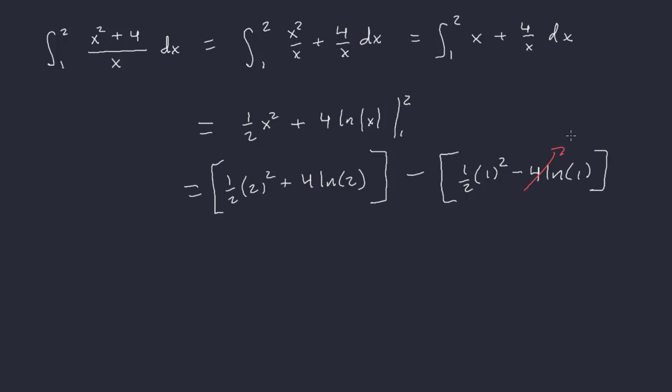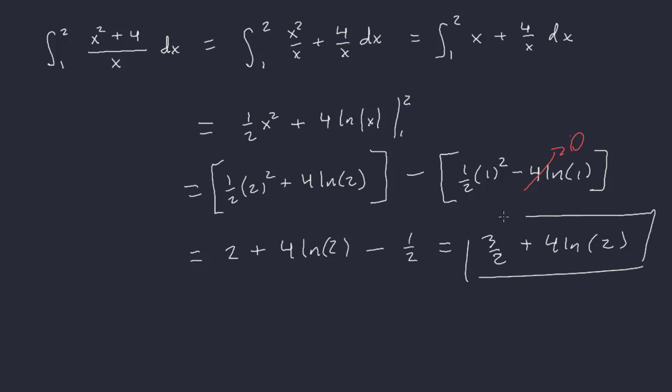Now, nice thing here is natural log of 1 is 0, right? So this is going to be 1/2 times 4, so that'll be 2, plus 4 natural log of 2, minus 1/2. Okay, so this is 4/2, so we're going to end up with 3/2 plus 4 ln 2,